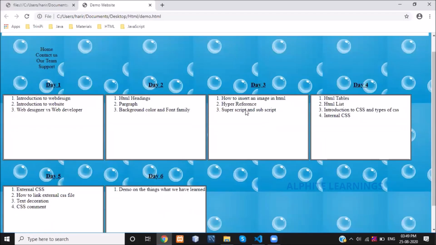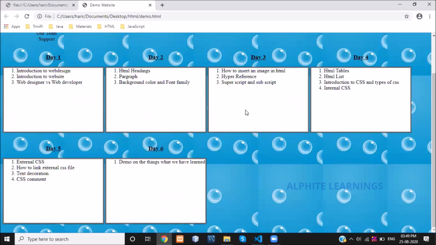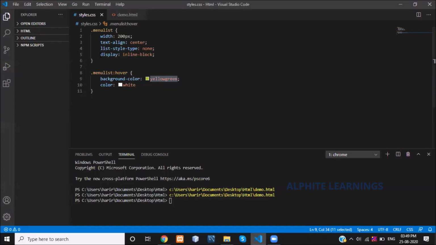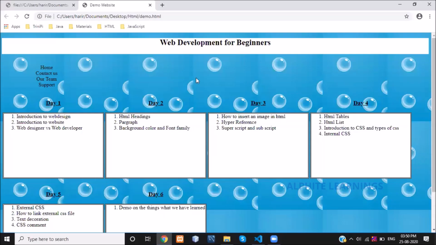This is a very basic website. I have taken an example of the things we have discussed in the last 5 days. This is all about adding the menu structure, the navigation bar. In the navigation bar we have two types: vertical and horizontal. I have shown vertical. If you want horizontal, display colon inline-block will help. Right now this is not working. Let me explain it in tomorrow's demo session. Don't worry about it.